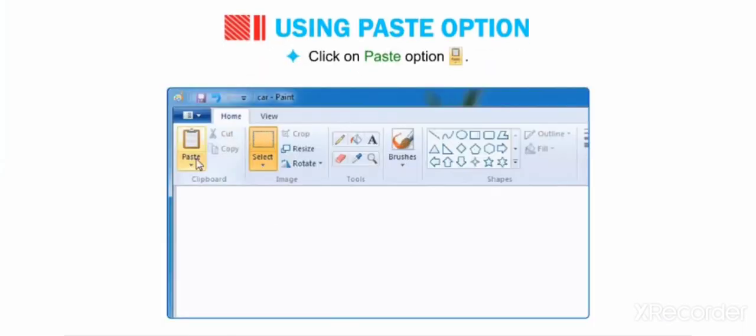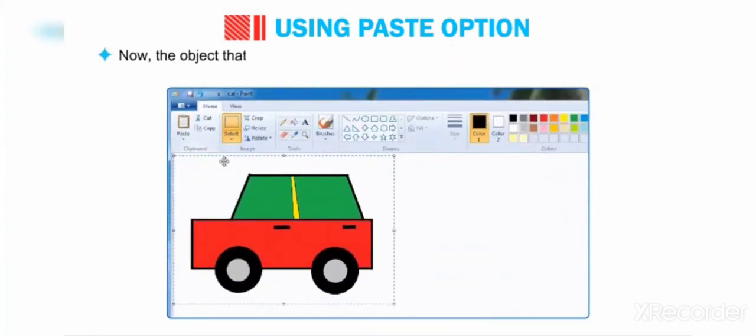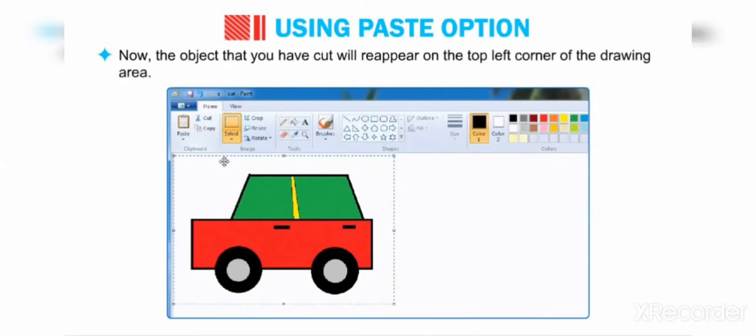Now next, using the paste option, click on paste option and choose paste. Click on this paste. You can see the object that you have cut will appear on the top left corner of the drawing area. You can see on the top left corner of the drawing area, our cut object reappears when we click on paste.